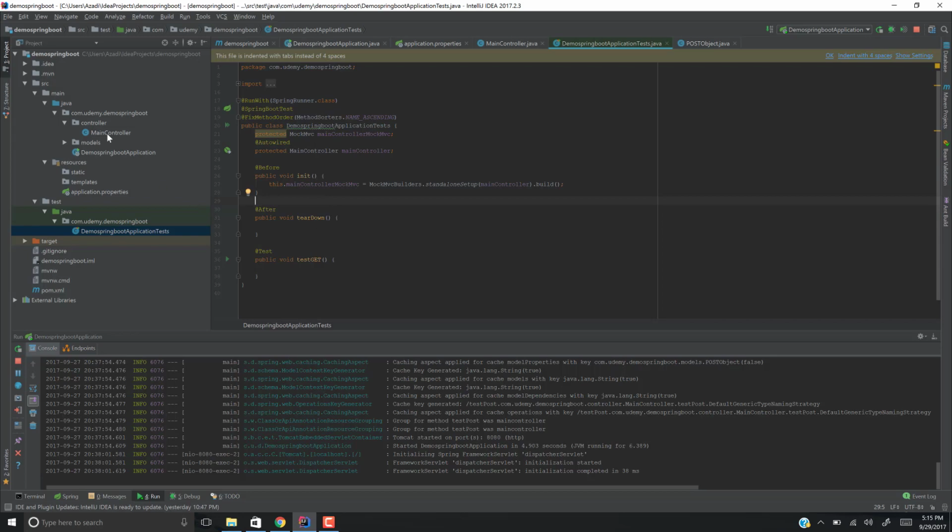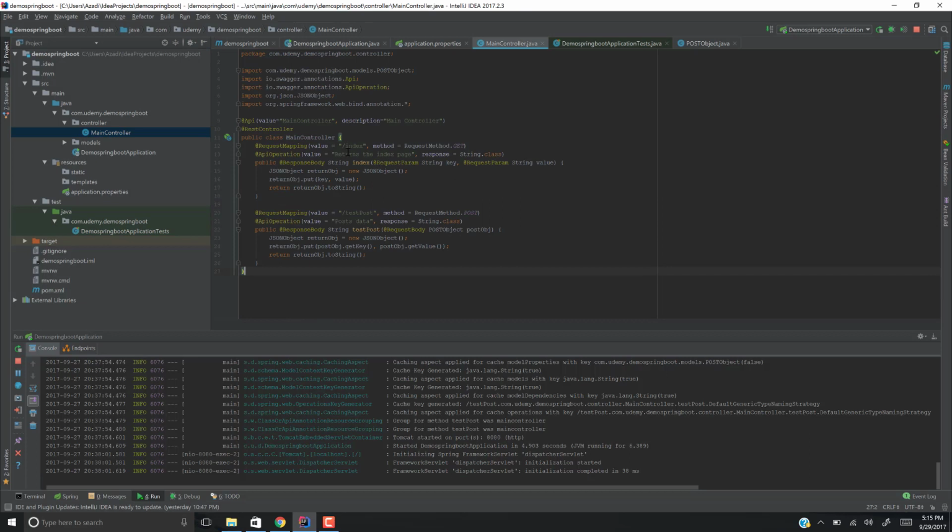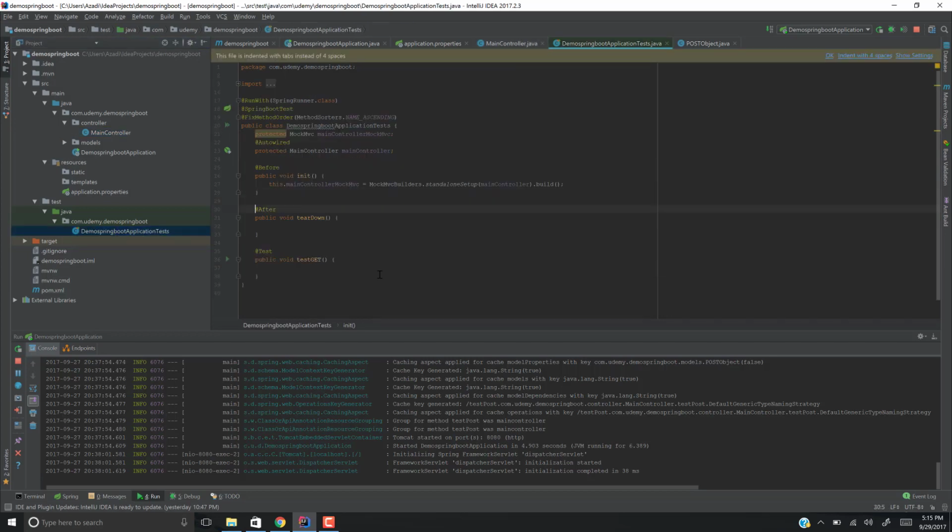From here, if we go back to the main controller, we can see there's two methods, /index and /testPost. First, we're going to write the test for the /index. That's going to be testGet. Now, if we come into here and we write our test up, then we can use this MVC framework in such a way that it would make sense what's going on to a non-programmer. So we go mainController.mockMvc.perform, then we can type in get, because it is a get call we're doing, and then we'll go /index,